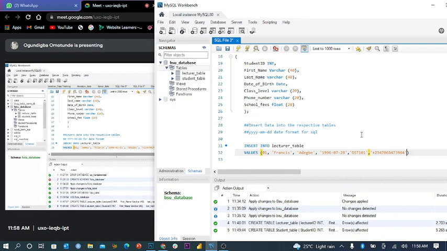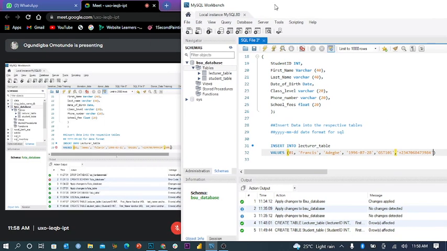Then the salary. My school, they pay well. So that's when they are paying him $500 and 45 cents. You use dot, that's decimal. You use dot while creating it.